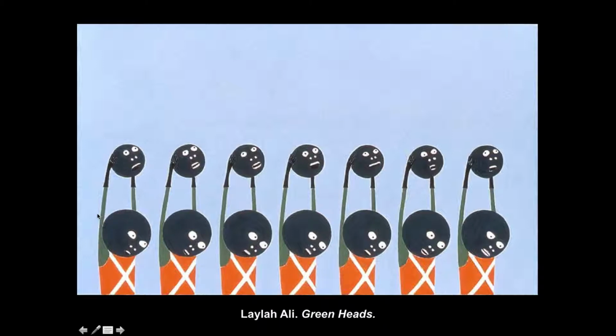But it begins to create this monotonous feeling, where some people think if they do the same thing over and over and over again, it becomes monotonous. Monotony could be a good thing, especially if you really like doing that thing that you do over and over and over again. Okay, and Layla Ali uses repetition and rhythm to prove a point, where the more things